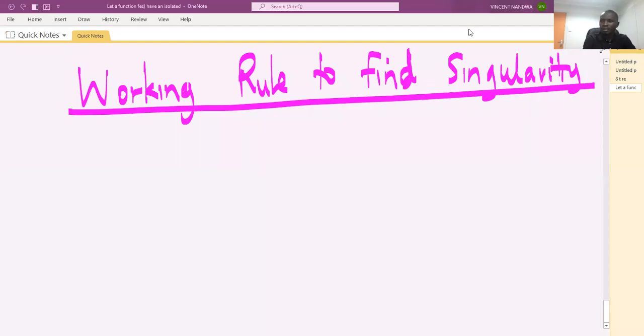Welcome to this session. This session we discuss the working rule for finding singularities of a function f of z. Majorly, there are three steps on how to find the three types of singularities. So step one,